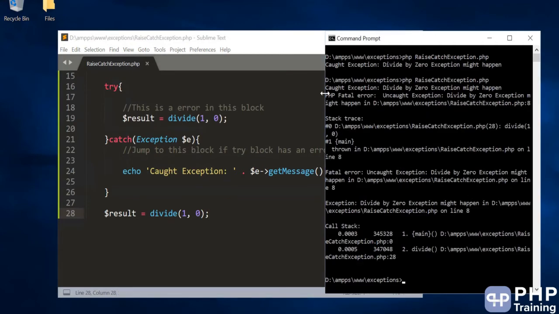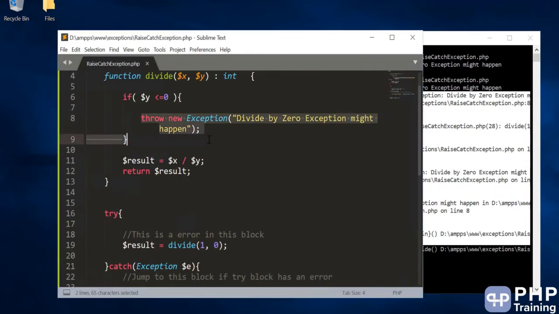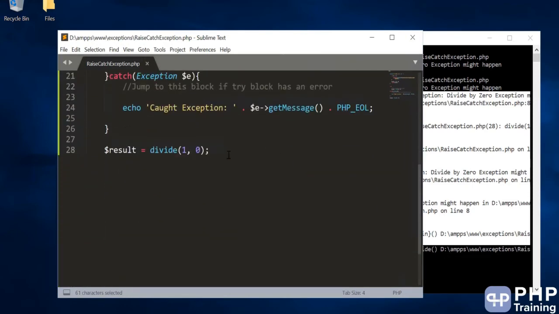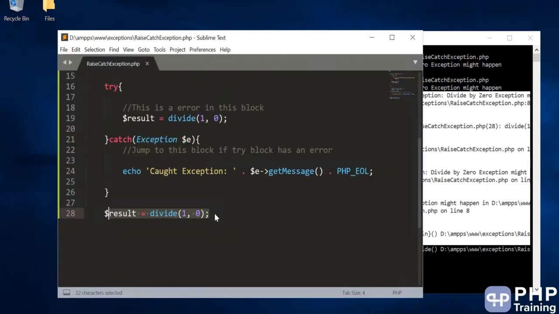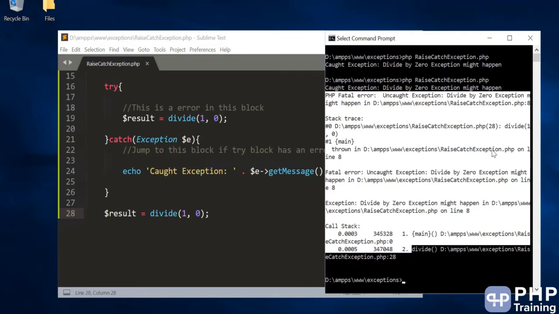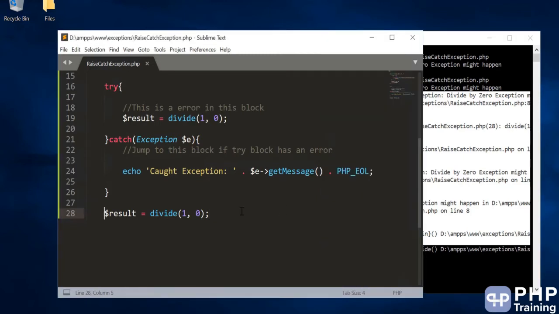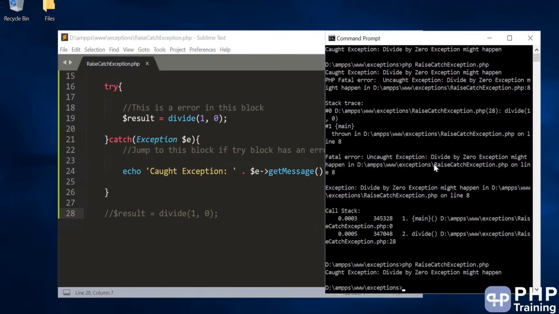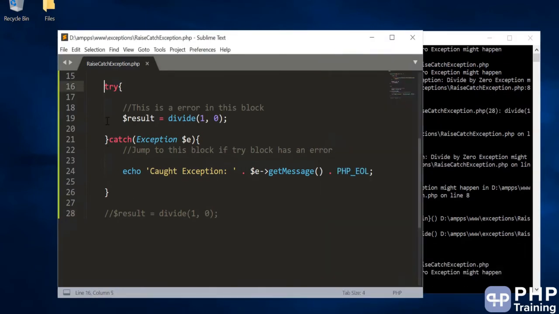Then you basically see a fatal error. The method is throwing an exception, but you're not catching it. Because we are not catching it, PHP is catching that error and dumping it. And if you want to do a clean exit, what do I mean by clean exit? When you don't want PHP to take control of the exception, but you want to take that exception into your hands and do a clean exit, then typically you use a try catch block.